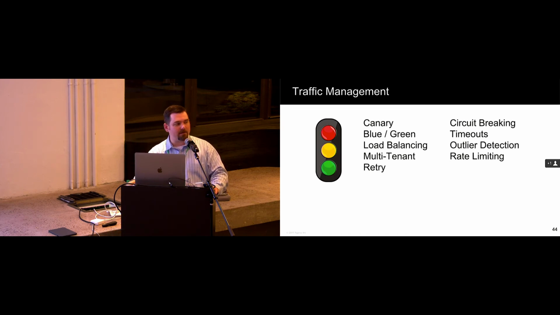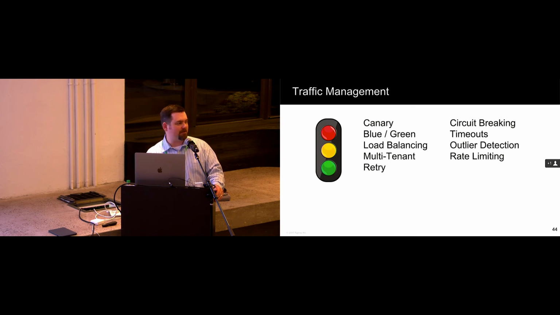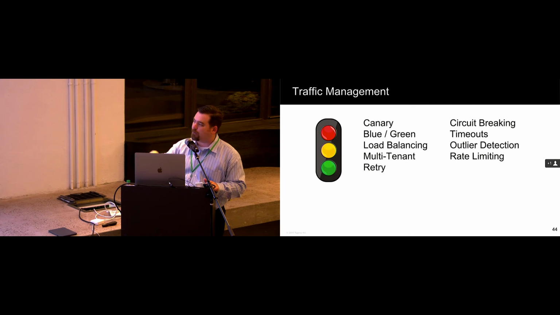It also does load balancing, and it supports a lot of different load balancing algorithms. Round robin, or you can basically plug in whatever algorithm you want. It can also look at header information on the request and load balance on that as well. So it's great for things like data sovereignty, for example, or other situations you can imagine, and multi-tenant as well.